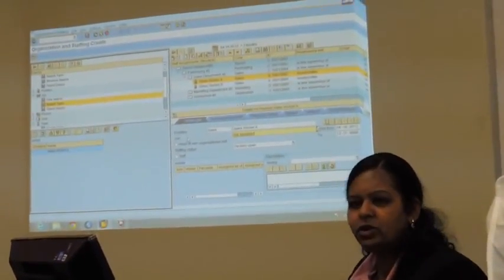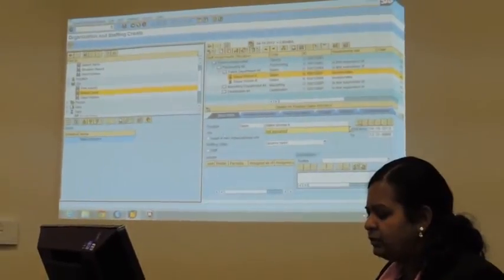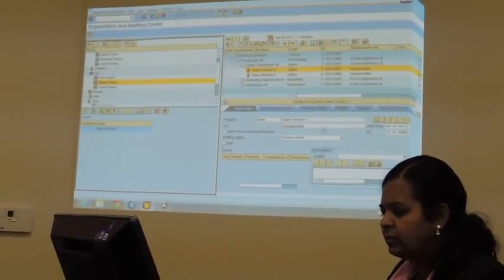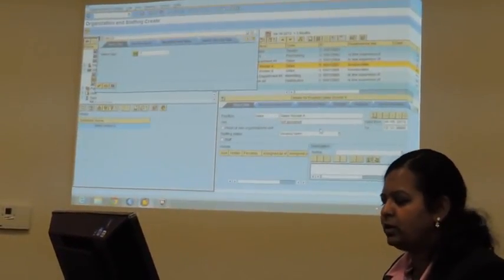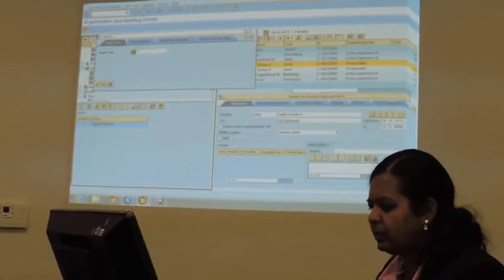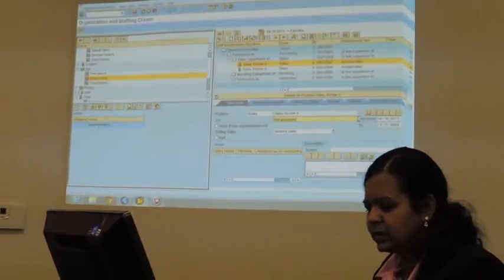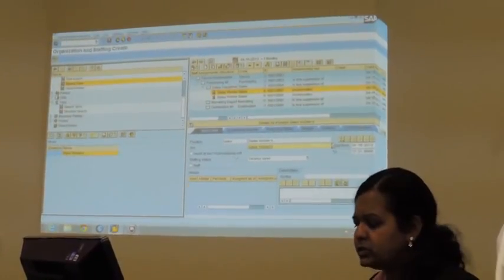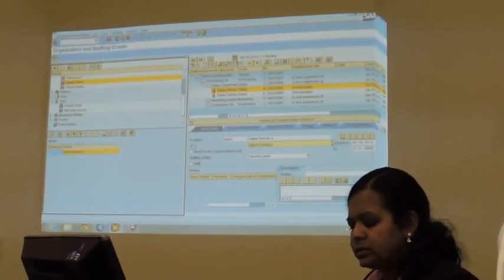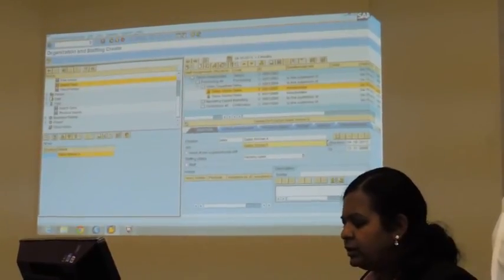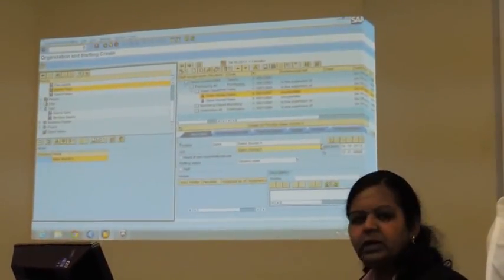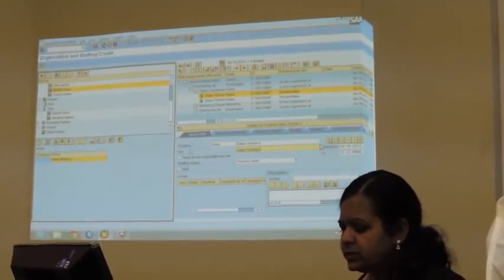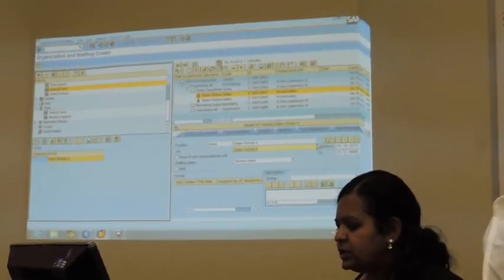We're going to assign the job that he's going to perform, and for that I'm going to pick up a job that we created earlier along with the task catalog. So I pulled up this sales worker A here. I assigned the job, sales worker, that was created. Now all the tasks related to the sales worker job have been assigned to this position.